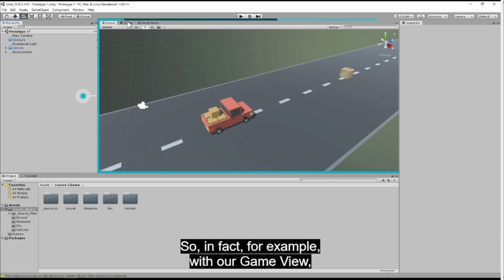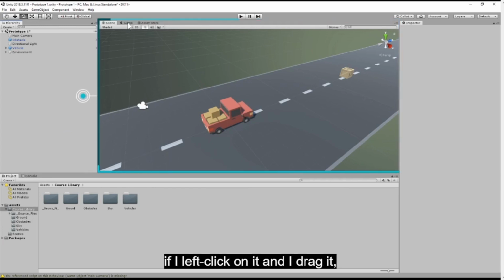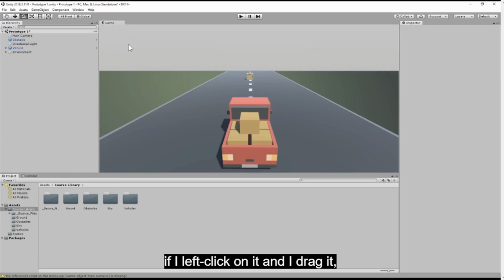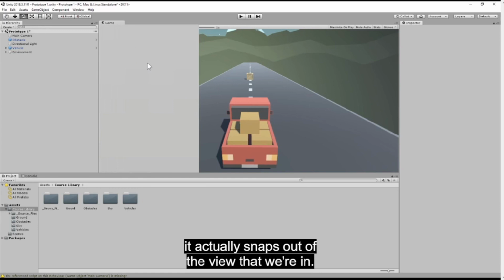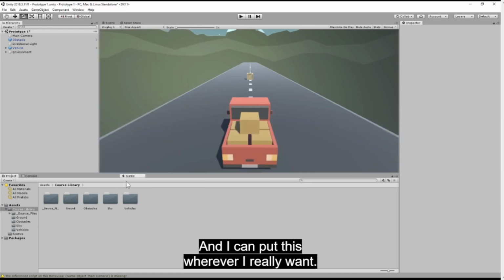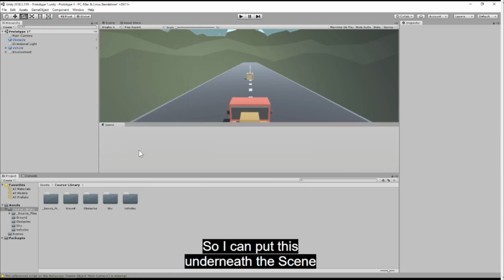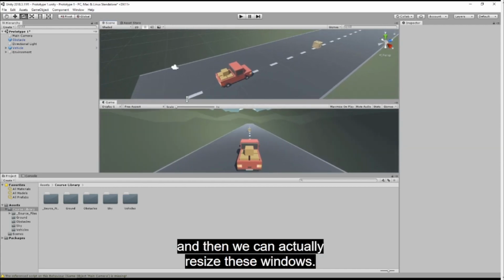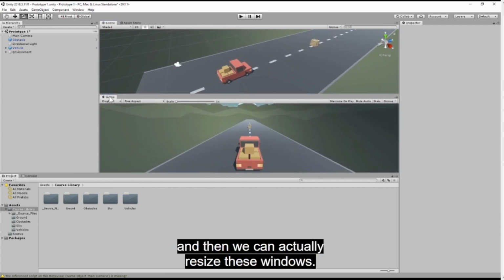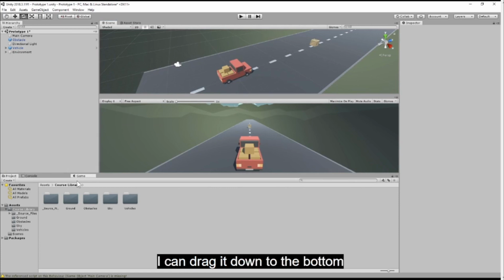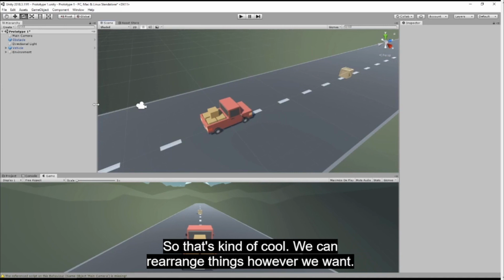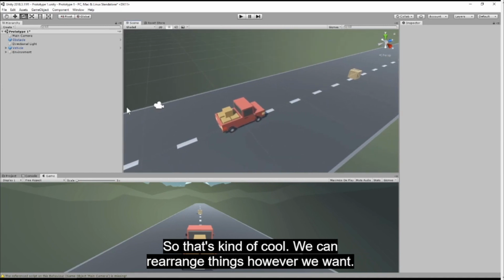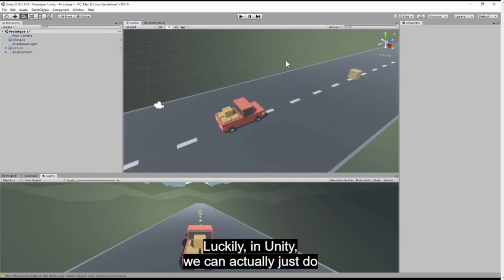So for example, with our game view, if I left click on it and I drag it, it actually snaps out of the view that we're in. And I can put this wherever I really want. So I can put this underneath the scene, and then we can actually resize these windows. Or if I left click and drag the game again, I can drag it down to the bottom where our project window was and put it down there. So that's kind of cool. We can rearrange things however we want. Luckily, in Unity, we can actually just do all of these things